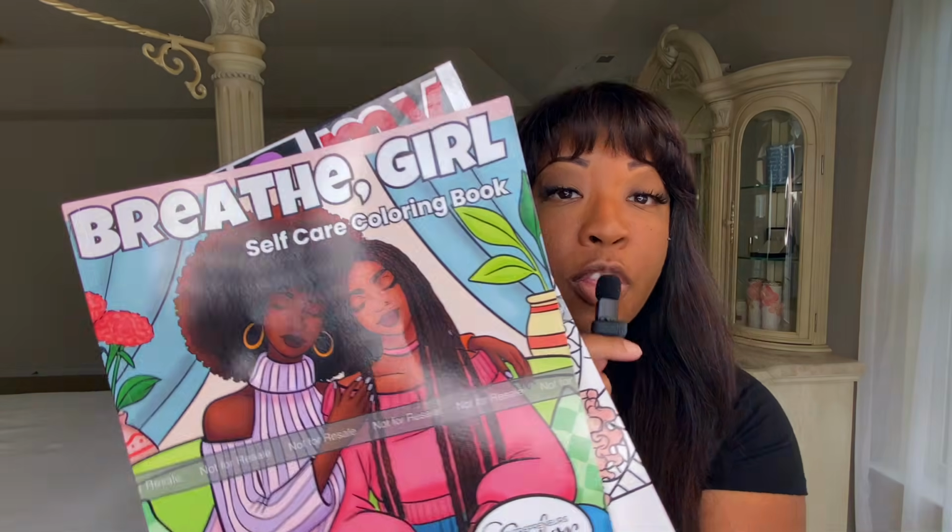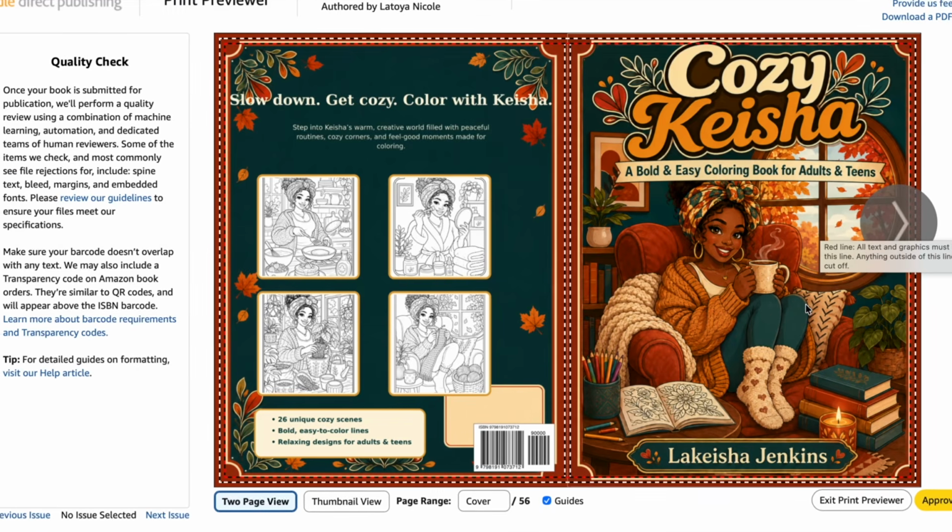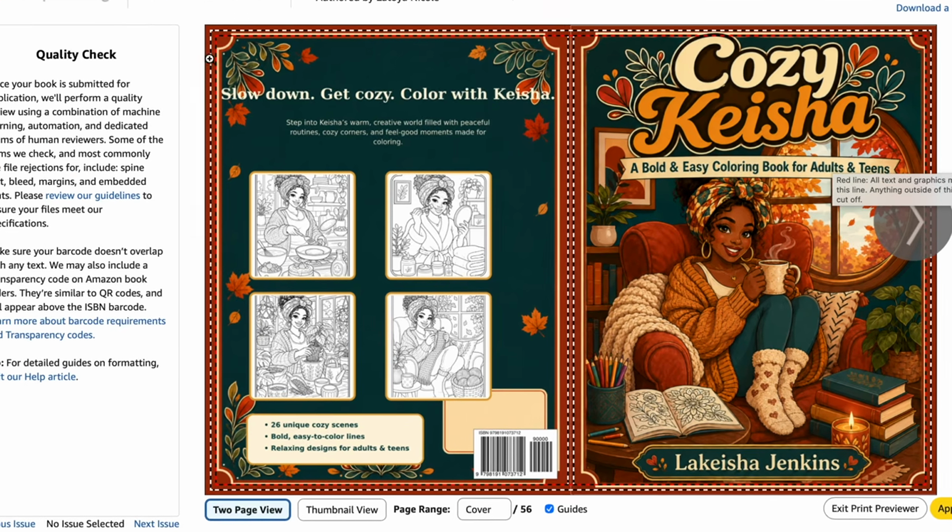And so when you request a proof copy of your book, you'll notice that the proof copy is going to say not for resale. But of course, when you get the actual copy of your book, it won't have that on it. But I just want to say congratulations to you in advance for getting your book